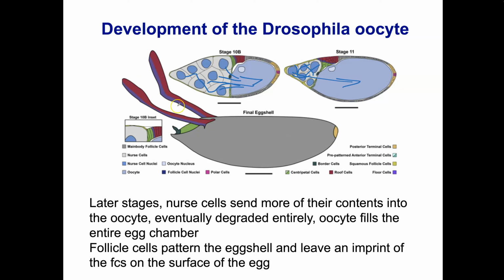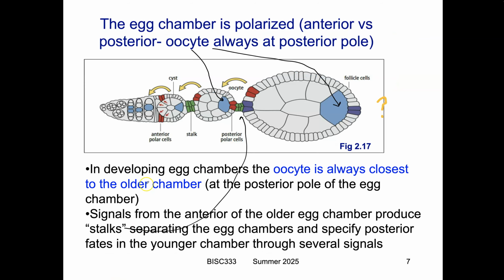Here are your dorsal appendages and so on. So the follicle cells pattern the eggshell, they allow for the development of all these structures, and they leave an imprint on the surface of the egg that you can actually see, that I pointed out in lecture 6, I believe. Okay, so basically, as the egg chambers are produced